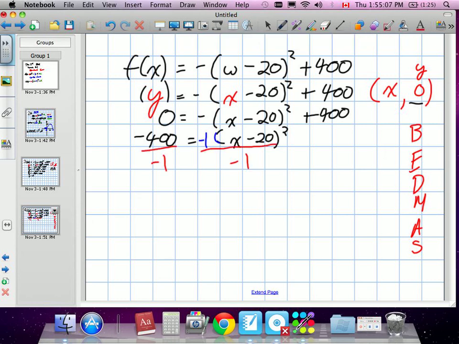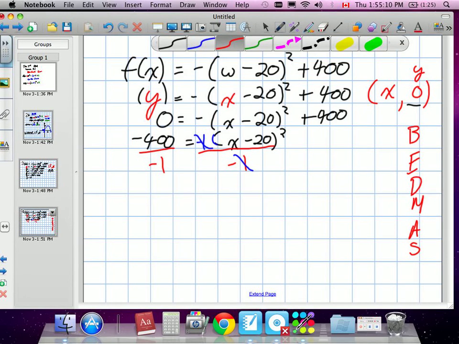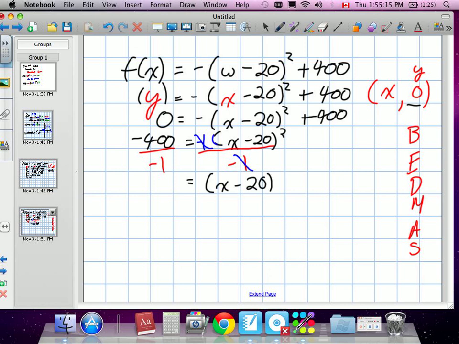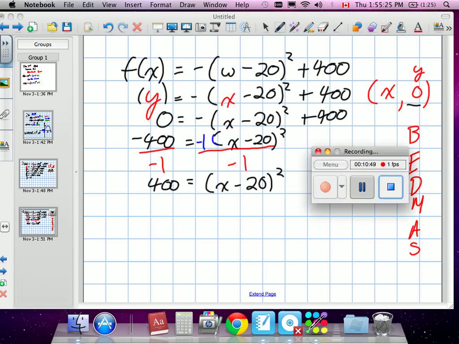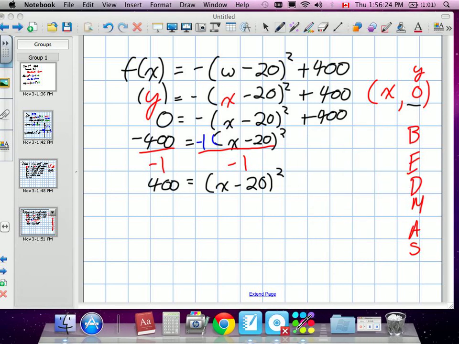We're left with (x minus 20) squared, and when I divide negative 400 by negative 1, I get positive 400. Now that we've dealt with the addition, subtraction, division and multiplication in our reverse BEDMAS,